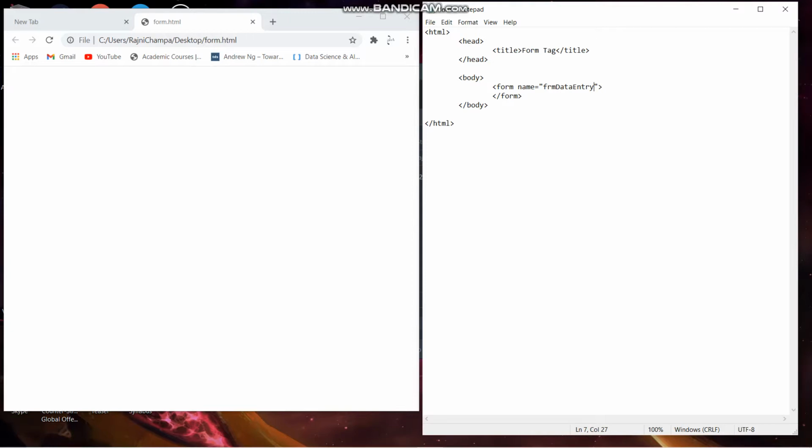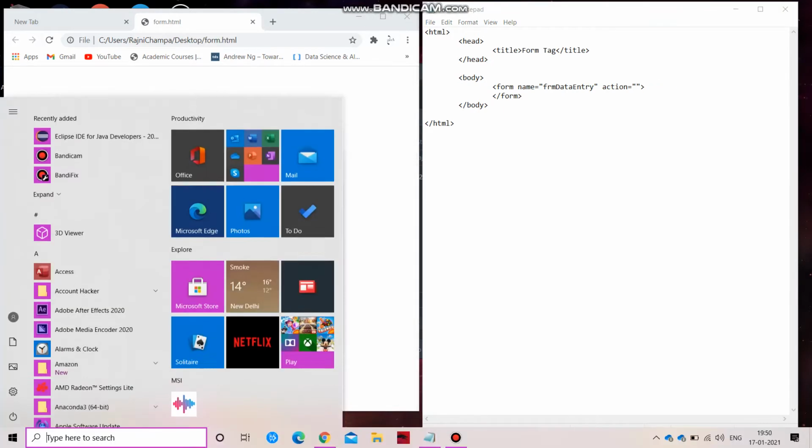Now coming up, I will write action. Why am I using action? Action would be the page where you go whenever you are filling any form and clicking submit.